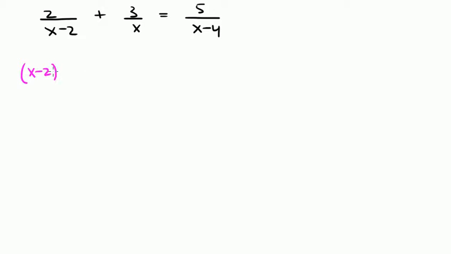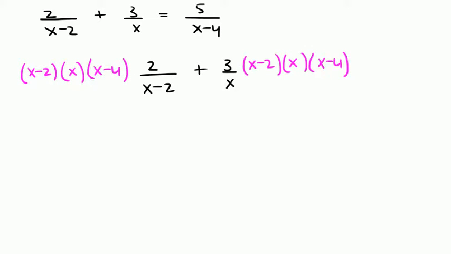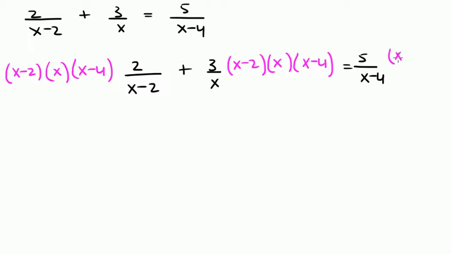So the first term is multiplied by x minus 2 by x minus 4. And the same with the second term, and with the last. Now I can simplify, because x minus 2 and x minus 2 cancel, because 1 over the other simplifies to give us 1. My x will cancel here, because x over x again is 1, and x minus 4 over x minus 4. So to simplify again,